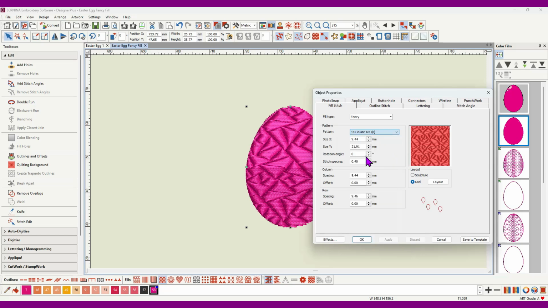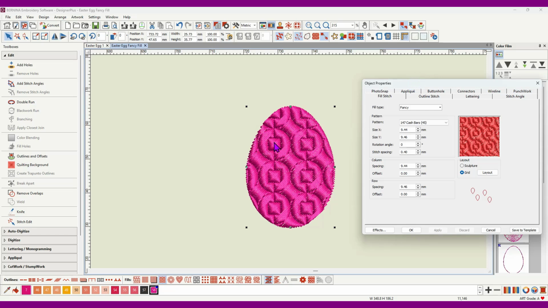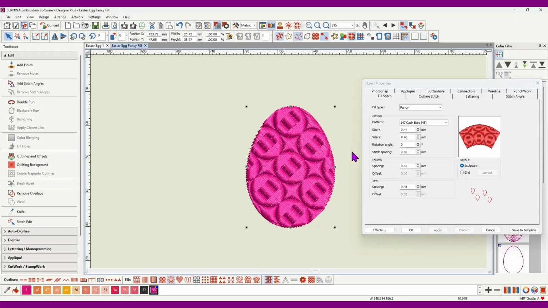So let's choose Cash Bars and apply that. So there we have a different pattern on there. You can use the sculpture and apply that. So that will actually change the shape of the pattern. It's also put it on a 45-degree angle, so you would need to fiddle around with your grid and your layout, and I have done all of that in the Fancy Fill video, so I'll link to that below